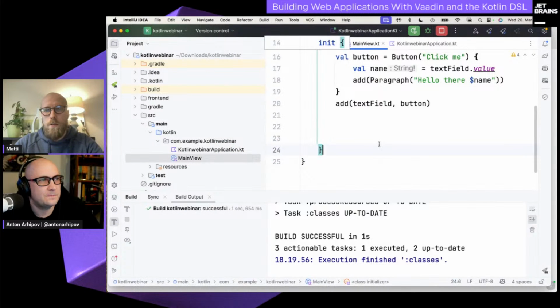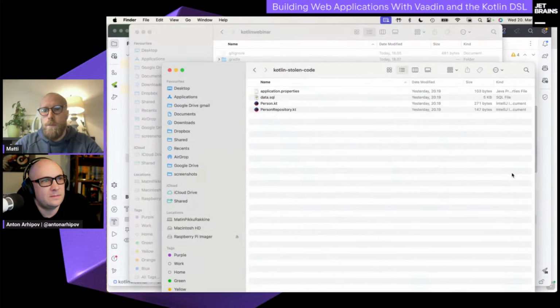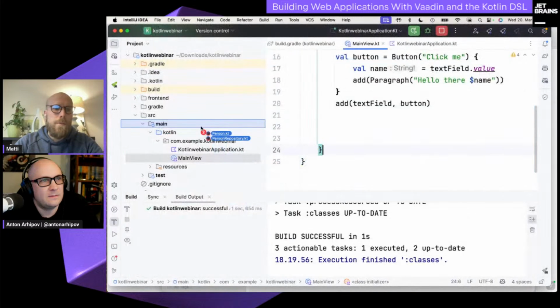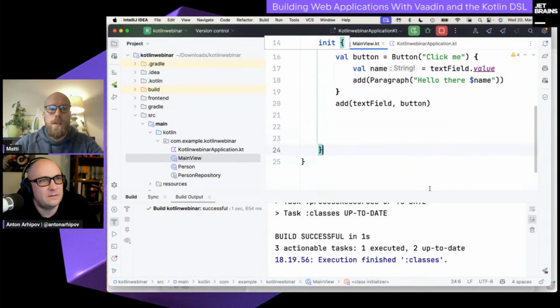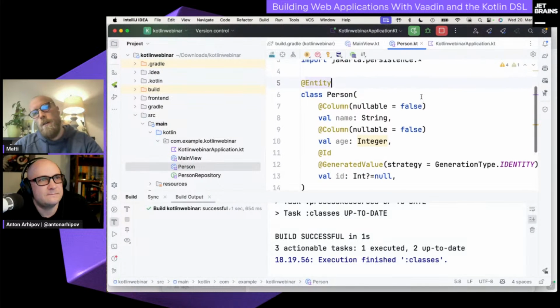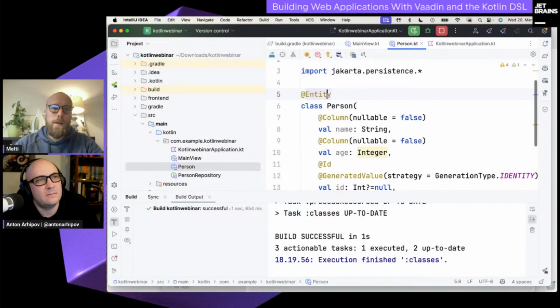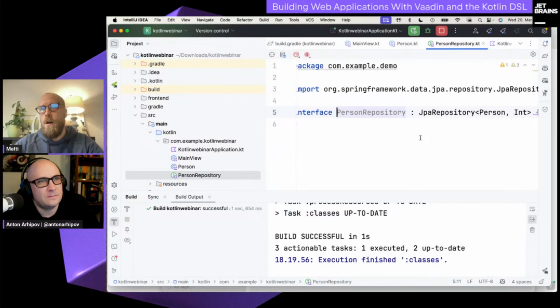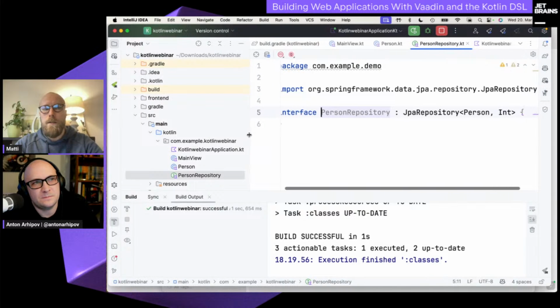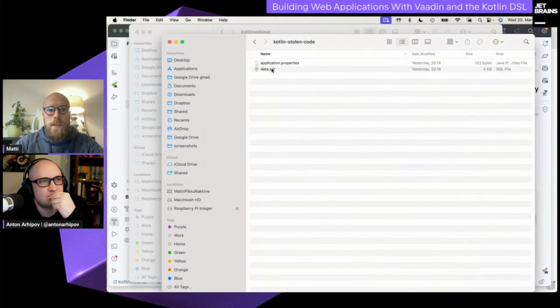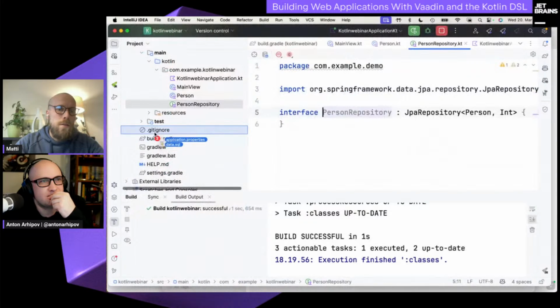But let's now integrate it into our imaginary backend that I developed beforehand. So I have two Kotlin classes. This is the JPA entity and the Spring Data repository. So this is basically one table accessed via JPA, and then we have the Spring Data repository, which provides a lot of handy pre-made methods so that we can access all the rows from our database table. And then we need some test data as well. So let's add this SQL file to the project